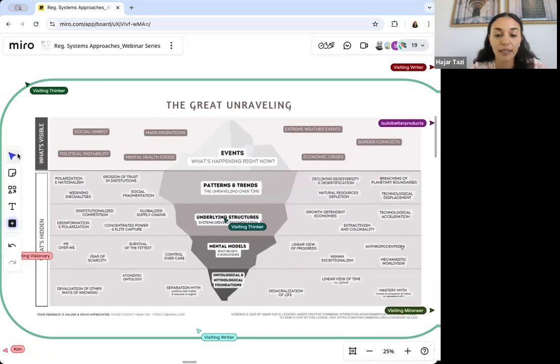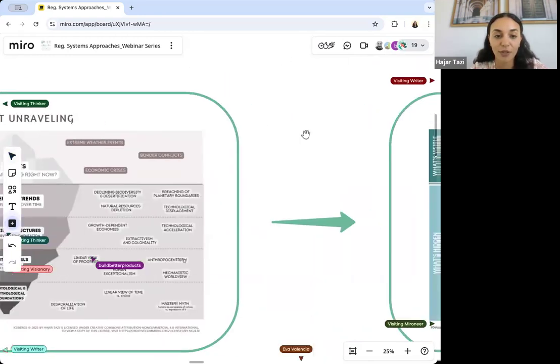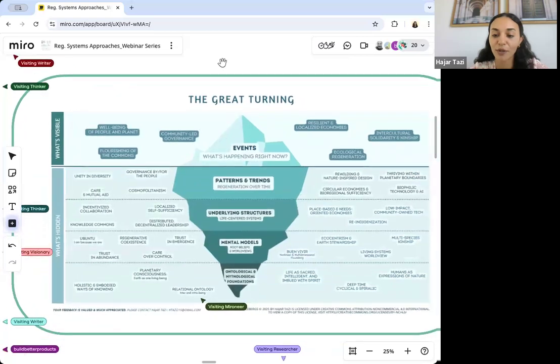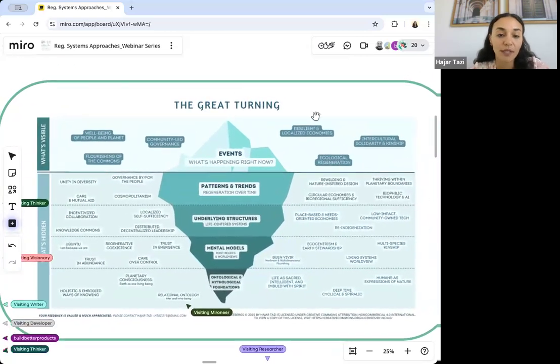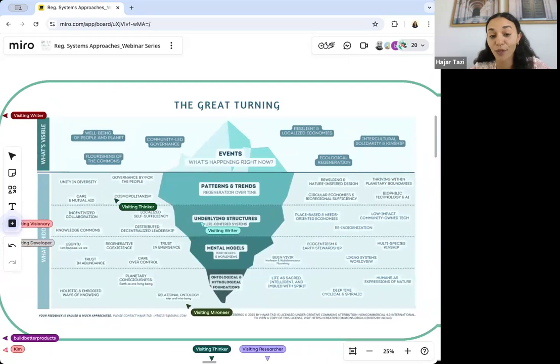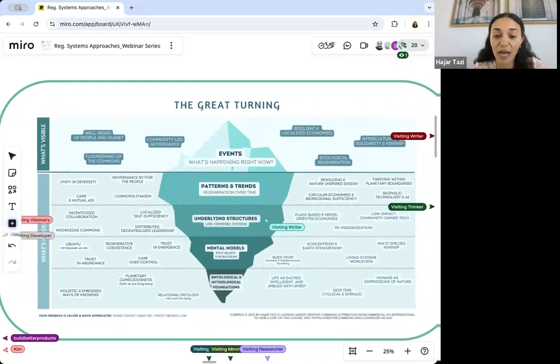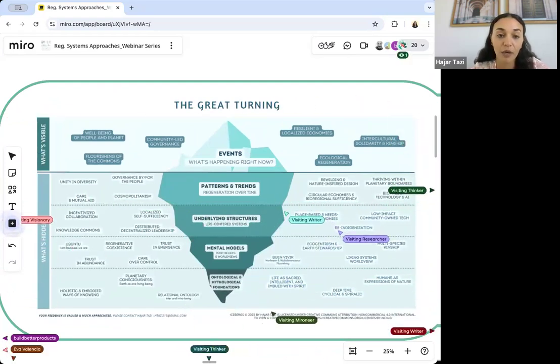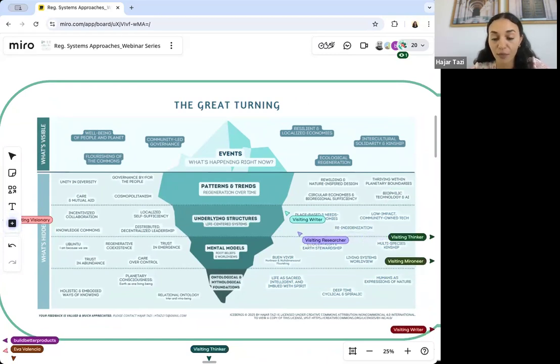And the second one, if you can, Diliana, just switch. Thank you so much. The second one is a vision of the Great Turning. These are the words of the wonderful environmental activist Joanna Macy, who initiated the work that reconnects. I would wholeheartedly recommend checking out her work.